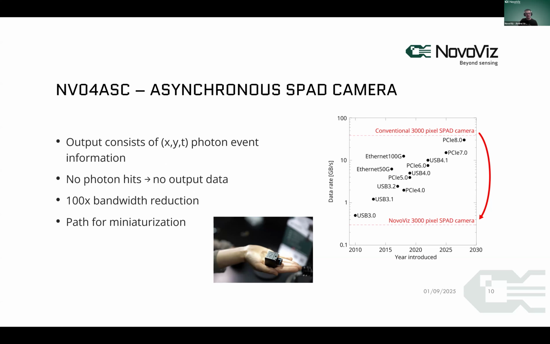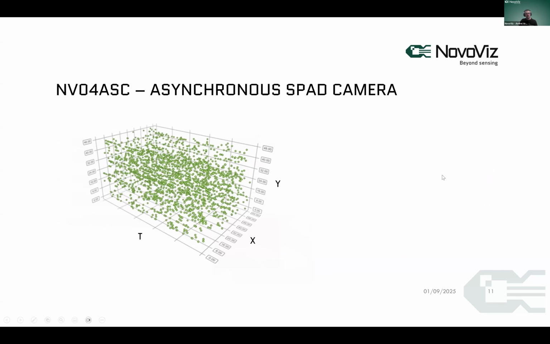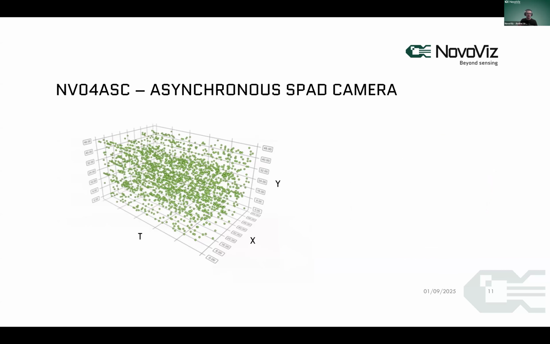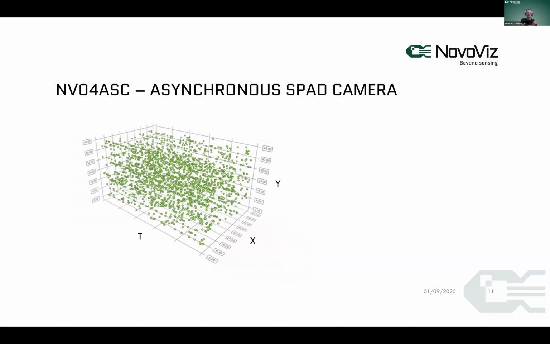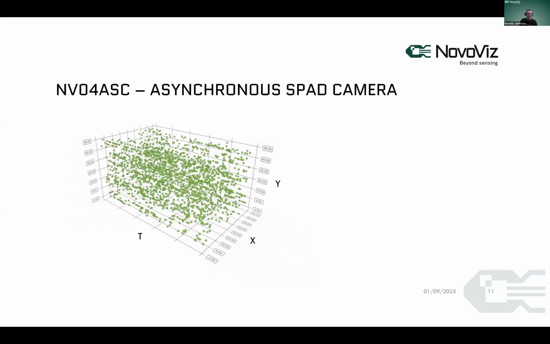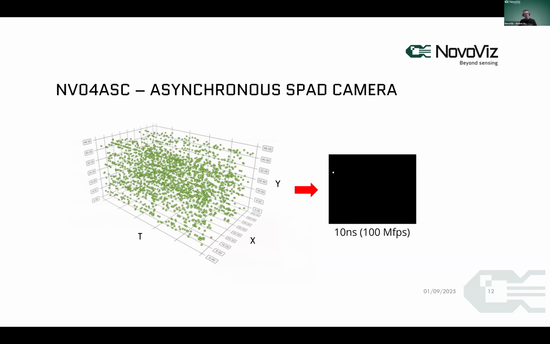So what does an image captured at 100 million frames per second look like? Well, this is a 3D plot showing these live photon hits on the detector surface. You have the X, Y, and the time direction. You can see the photon hits as they arrive on the detector. And then if we were to slice and freeze one of these moments, we would get an image at 100